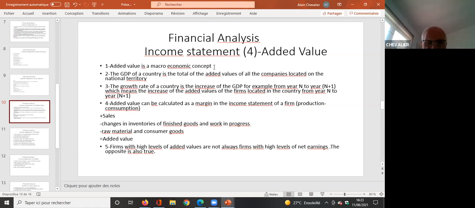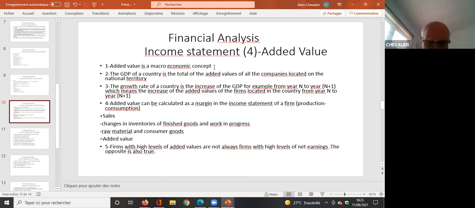Point 4, added value can be introduced into calculation in an income statement, or can be calculated as a margin, in fact, in the income statement. It is production minus consumptions. With the example we had here, this is